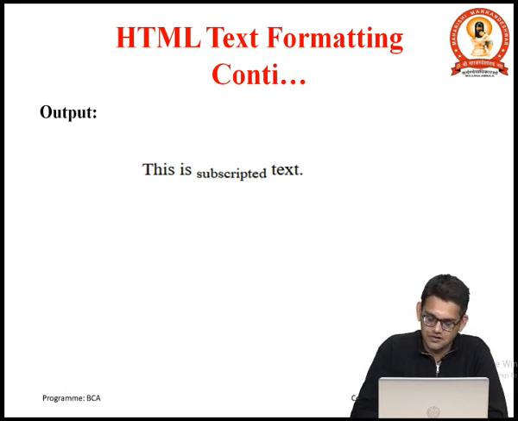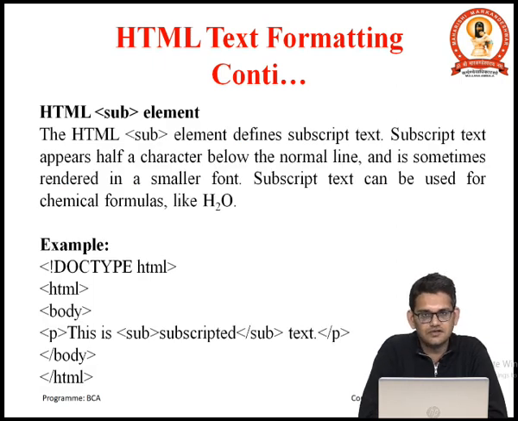So, this is the code, or this is the syntax we can use to write the subscript tags. So, we can write H2O also. How? We need to initialize a paragraph, and we need to write H, and we need to initialize the sub, and we need to write 2 within it, and we need to close that sub. It means that 2 would become the base of H, and after closing that sub tag we will write O. It means it will show H2O. This example we will see in the practical also. So, there is no need to worry, we will go into detail with each and every tag in the lab practicals.